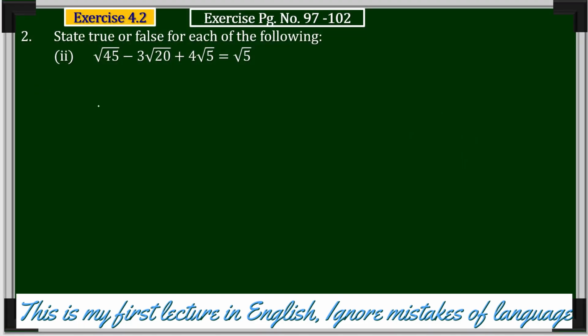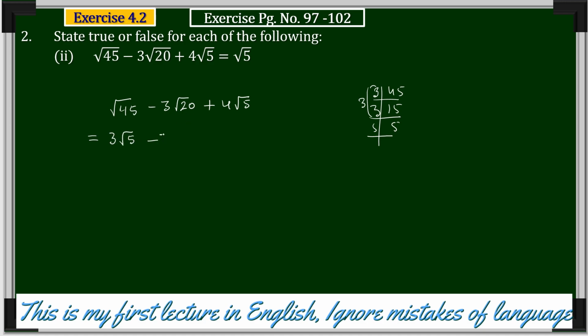Second statement, it is square root 45 minus 3 square root 20 plus 4 root 5 is equal to root 5. So let's check it. Square root 45, so first factorize 45. You divide by 3, 15, divide by 3, 5. So it has one pair of 3's. Okay, so take 3 out of it, and square root 45 is equal to 3 root 5